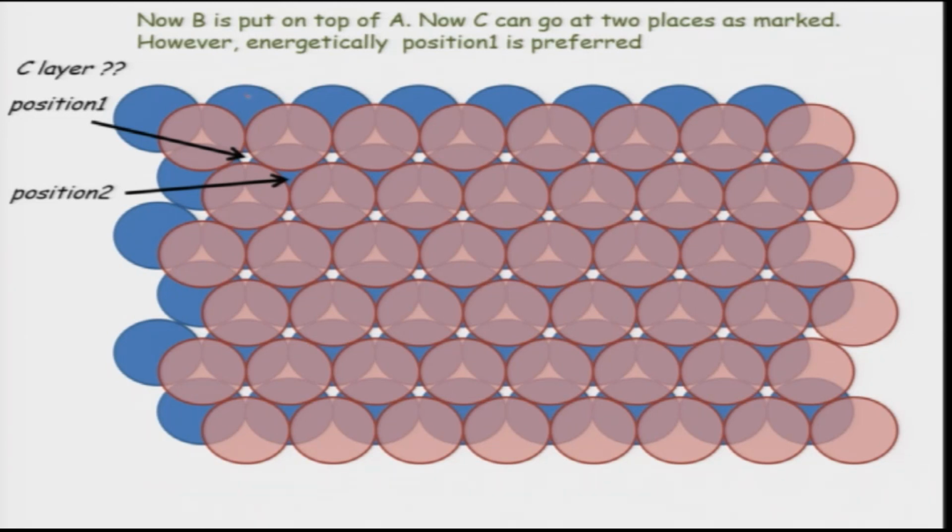Now if you had the blue layer, which was our A layer, as you can see there are different kinds of points where you can put the next layer, or where the, you can say, trough lies, where another sphere can fall into. So these are these different troughs, but you cannot fill all the troughs, you can only fill half of the troughs, and the other half of the troughs will remain empty when you put another layer on it. So you can put your layer either here or here.